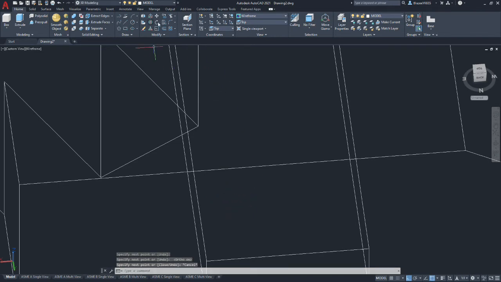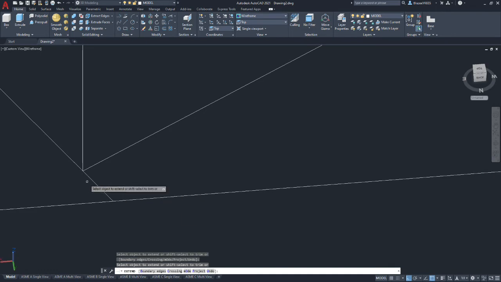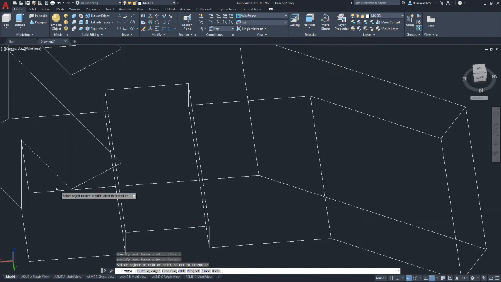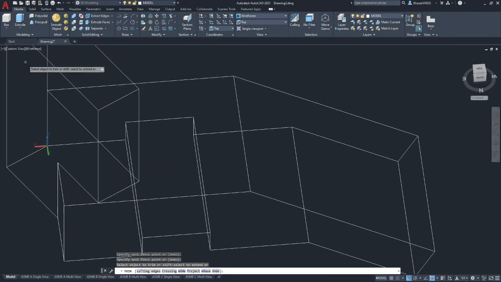What this will allow us then to do is do an extend. If we did everything right, we should be able to extend the first line we made, and it'll extend the triangle out to where this line is. We will then use the trim command to trim off the extra piece of the extra long line there. We should have everything we need for the region.